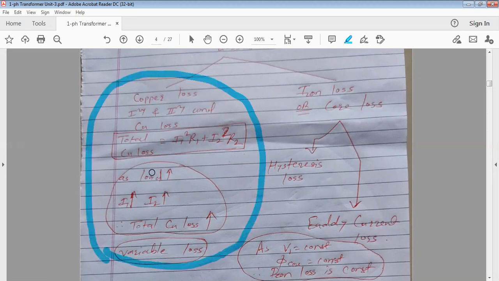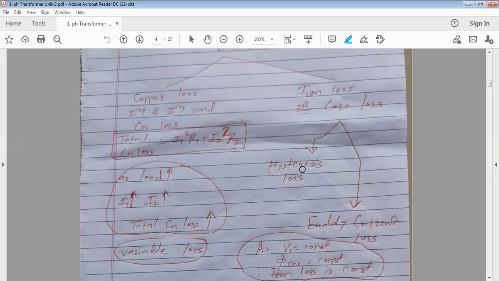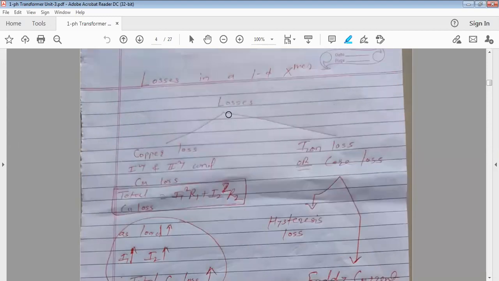So how you can minimize this copper loss? Only the option is use copper rather than aluminum. Isn't it? Windings you make of copper, so copper loss automatically will be less. Okay, clear? Now another thing important, if you see the construction of transformer, another important part is its core,